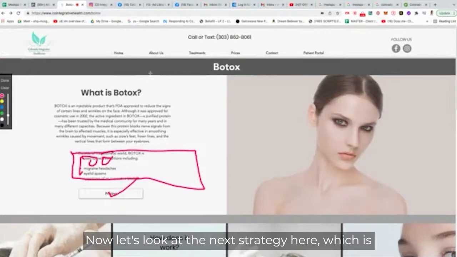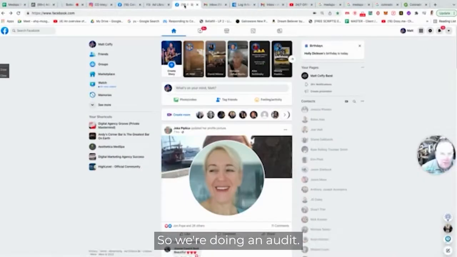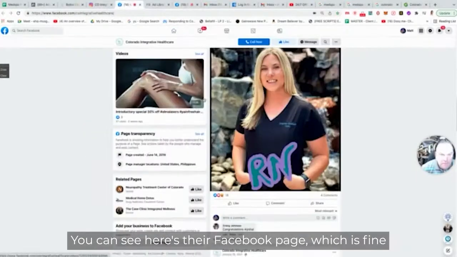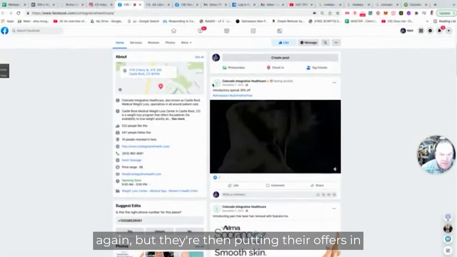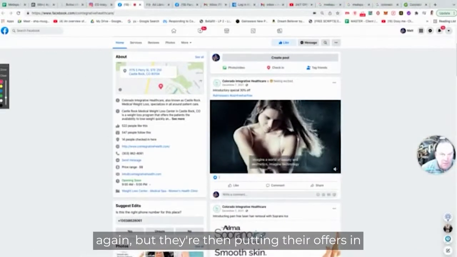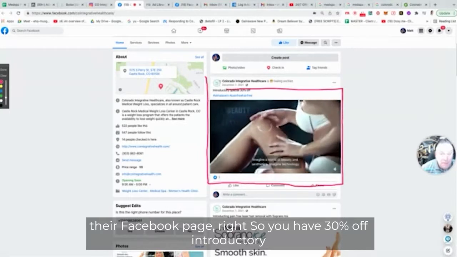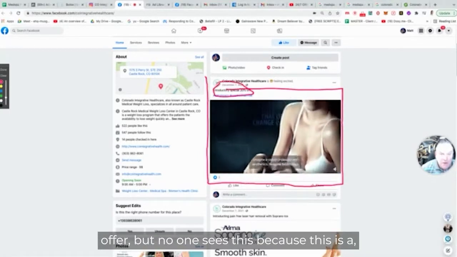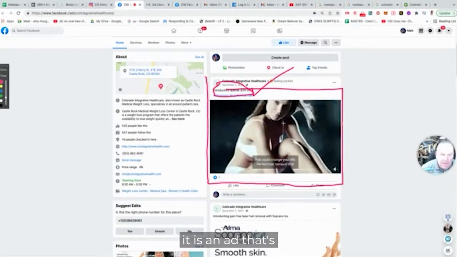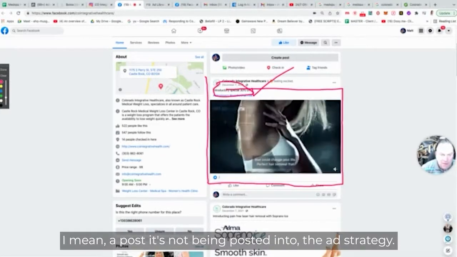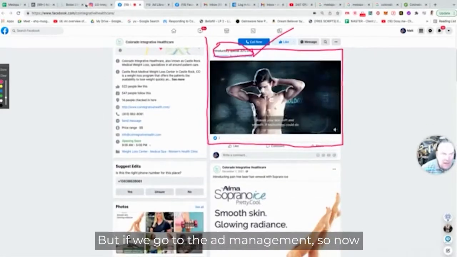Now let's look at the next strategy here, which is they are running Facebook ads in this particular thing. So we're doing an audit. We can see here's their Facebook page, which is fine. Again, but they're then putting their offers in their Facebook page, right? So you have 30% off introductory offer, but no one sees this because this is a post. It's not being posted into the ad strategy. But if we go to the ad management,